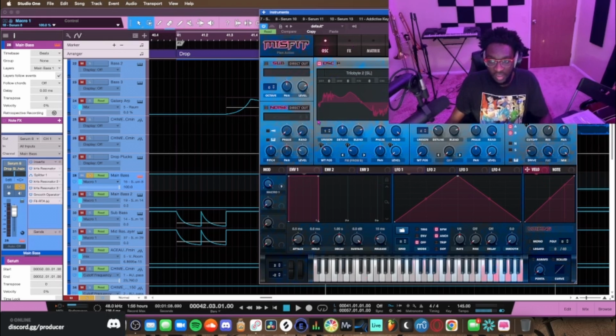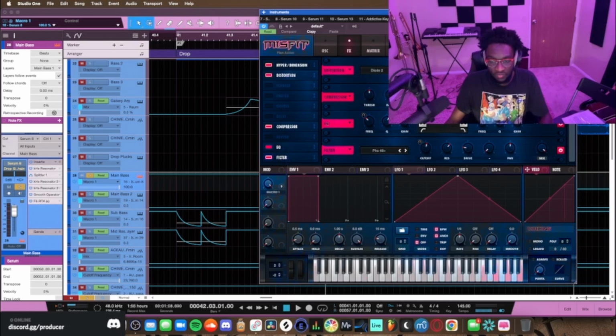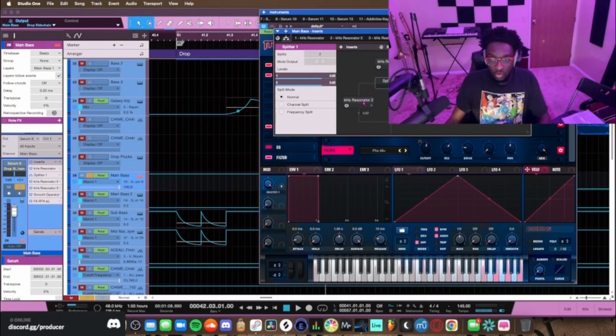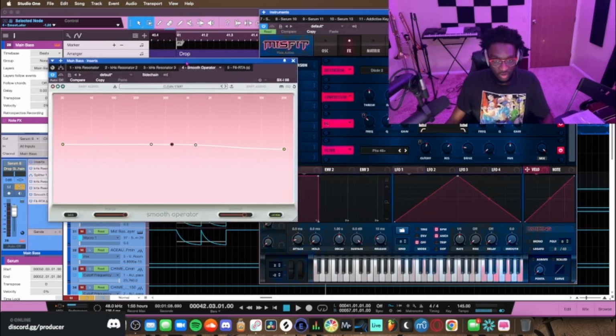and then I have the High 24 filter, some distortion, compression, EQ, and I'm using the Phase 48 filter one more time. And then for post processing, I did 3 resonators, one being on the stereo track, and then I did the channel split again with the other 2 resonators, and then just to tame some of the high frequencies that the resonators were creating, I added Smooth Operator to just tame them a bit,